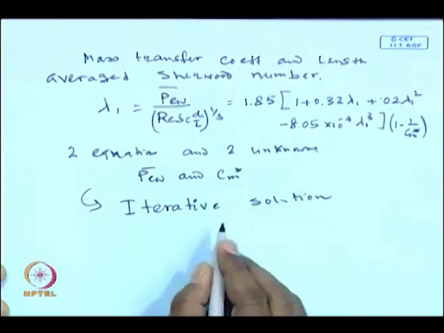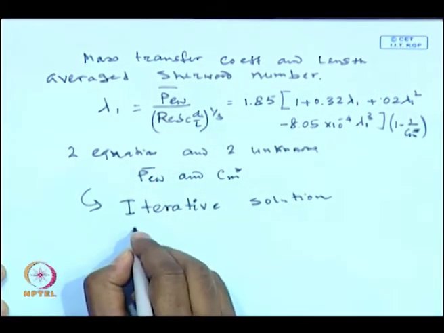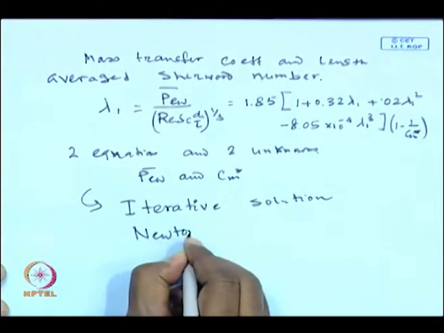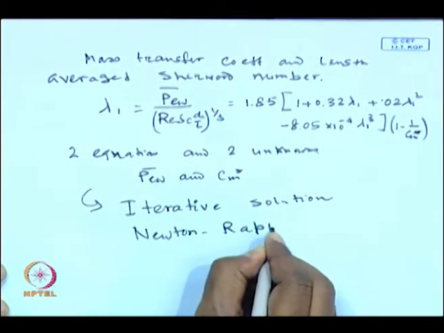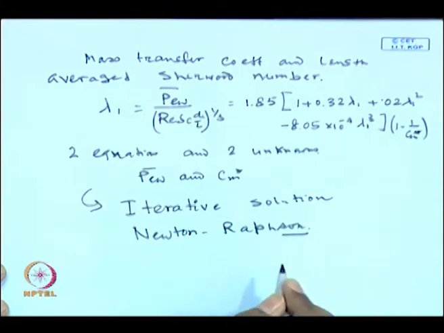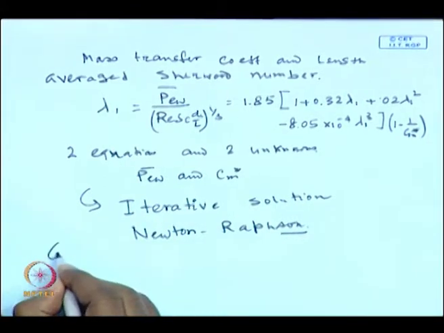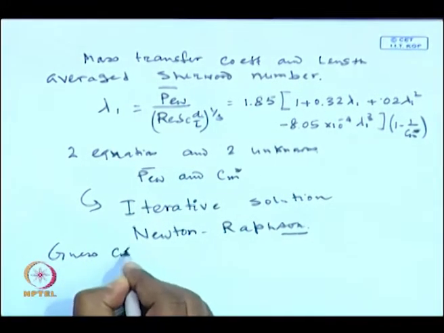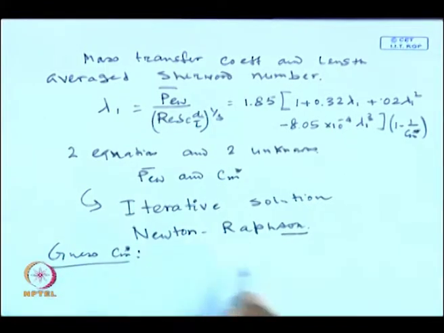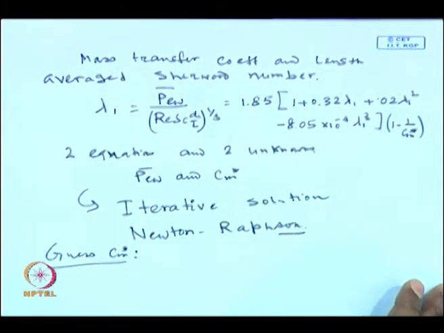Solution maybe Newton-Raphson. Okay. Now, with the Newton-Raphson or any iterative solution, you should guess the first value of cm star. So, guess cm star, and what is the judicial guess of cm star? The minimum value of cm star will be 1. So, cm star has to be greater than 1, but